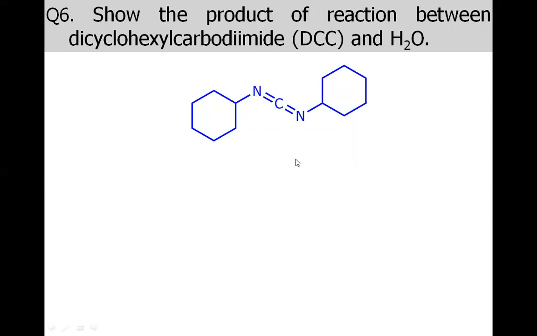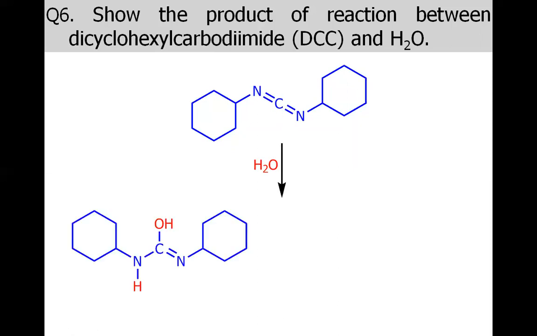So when water attacks, it must attack the central carbon, and when it attacks, we have a breakage of a C-N bond. We may break any C-N bond because the molecule is symmetrical, so there is no issue of regioselectivity. Say let's break the left-hand side carbon-nitrogen bond. As a result, we will have the negative charge here and OH2 positive charge. And then after the proton shifting, the H will come here and we will have the OH here.